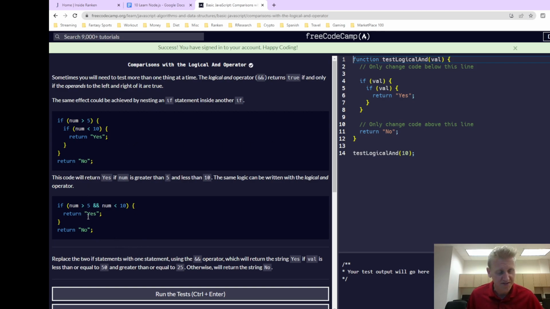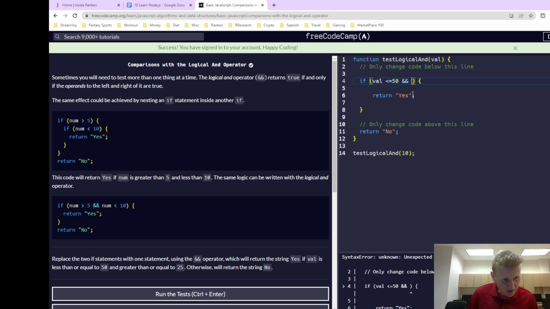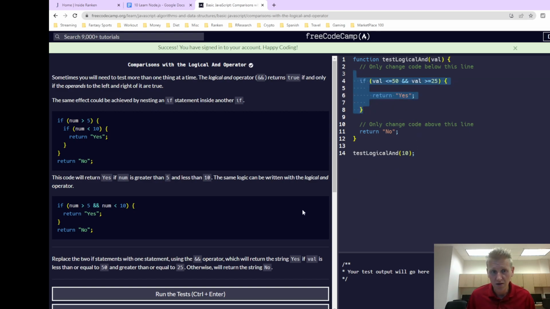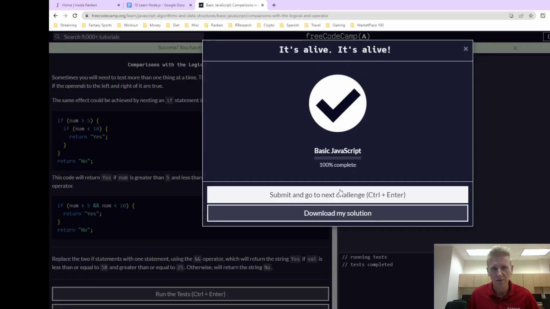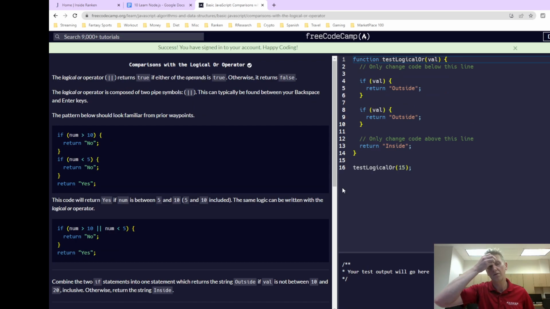Okay, so it's replacing two if statements with a compound operator. Replace the two using the and. If val less than or equal to 50 and val greater than or equal to 25. Or